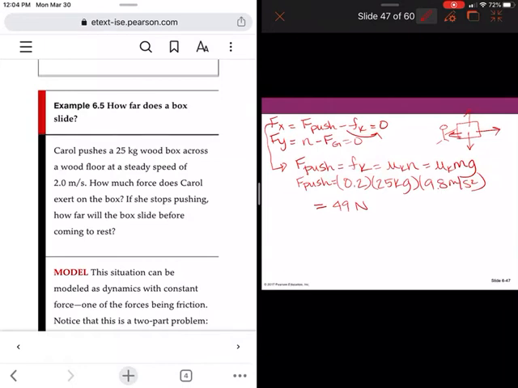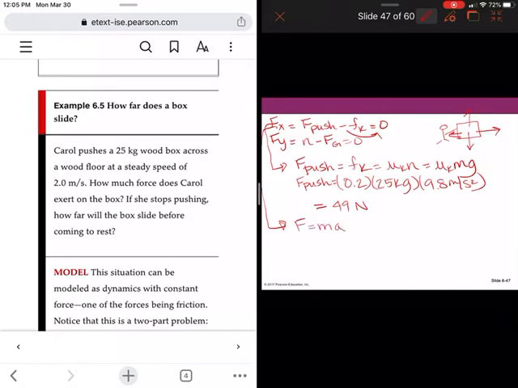Okay, now, as far as the next question, it says, if she stops pushing, how far will the box slide before it comes to rest? Okay, so in this now, is there any kind of acceleration that is happening, or even speed, in the Y direction? No. So if we look at the X direction still,